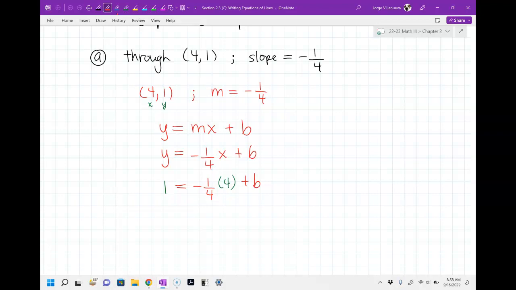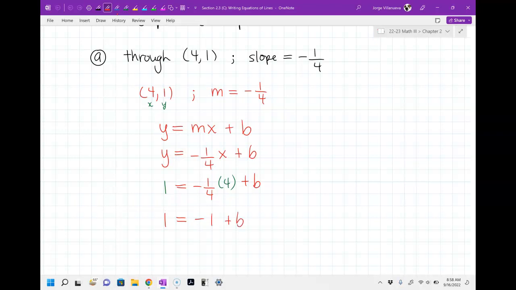What's a quarter times 4? What's 1/4 times 4? It's 1. Yeah, just divide. Cancel, right? 4 divided by 4. I always tell my daughters the same thing. If you ever multiply a fraction times a number, divide first. So 4 divided by 4 is 1, and then you multiply, and 1 times 1 is 1. So this comes out to 1 equals negative 1,